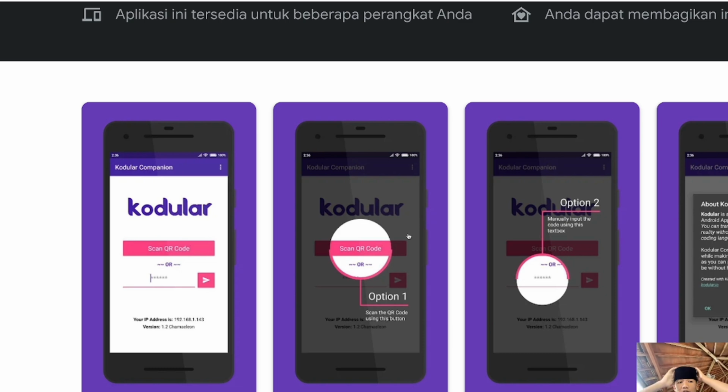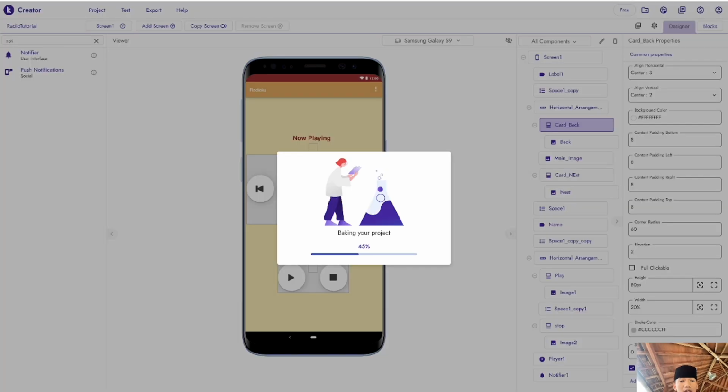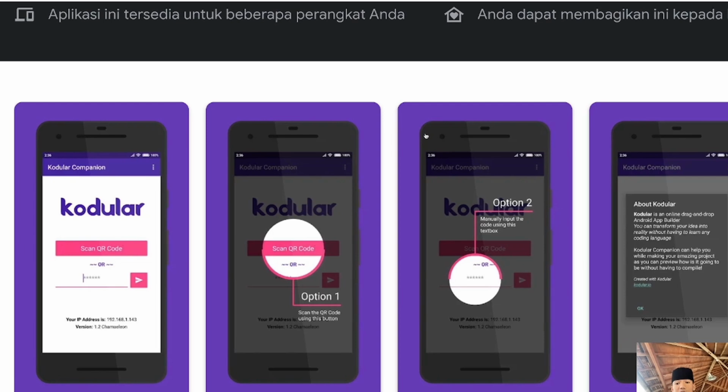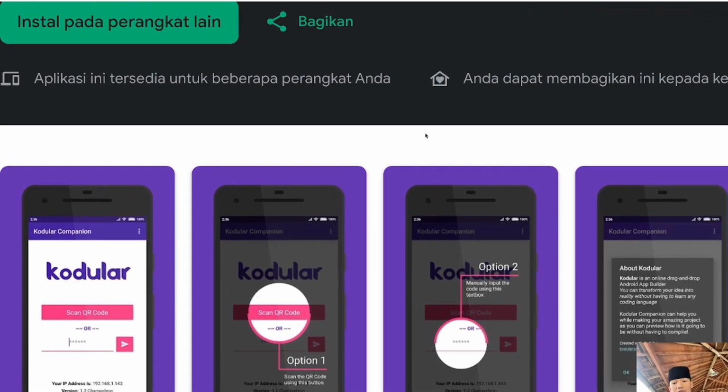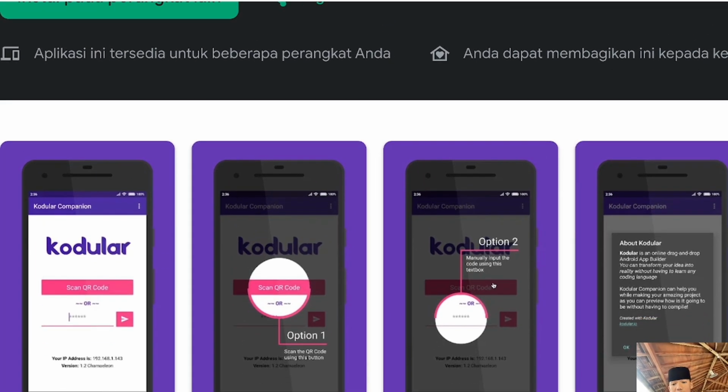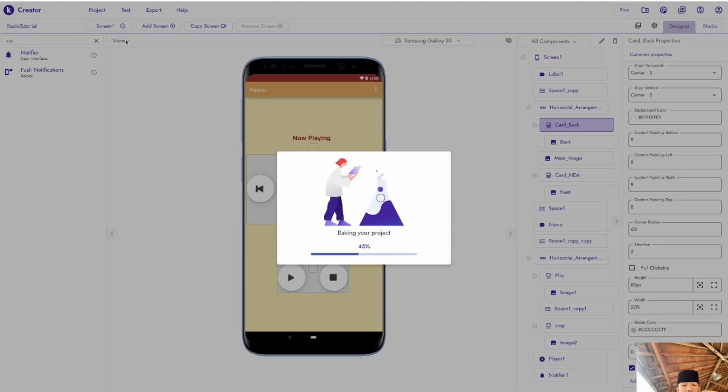In Codeler, you can click test, and there is going to be a QR code button. Option 2, you manually input the code using the text box.